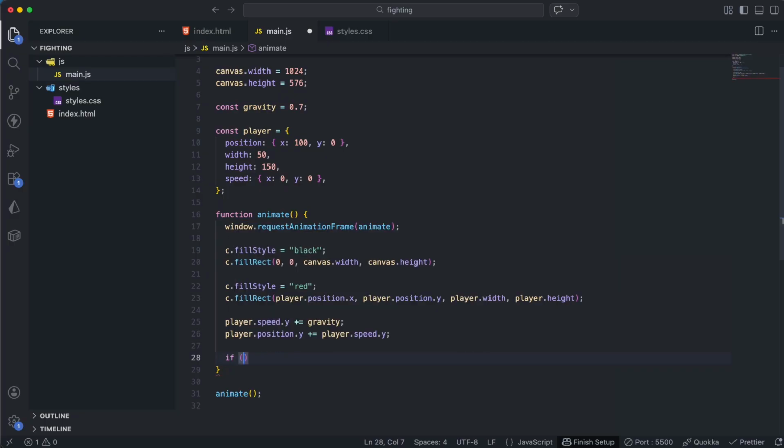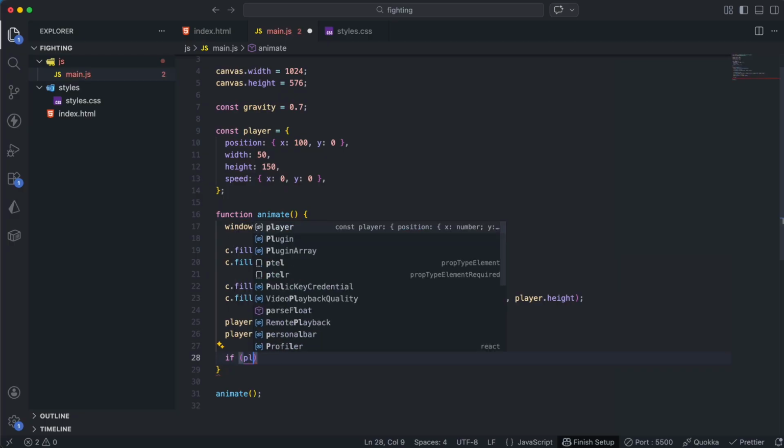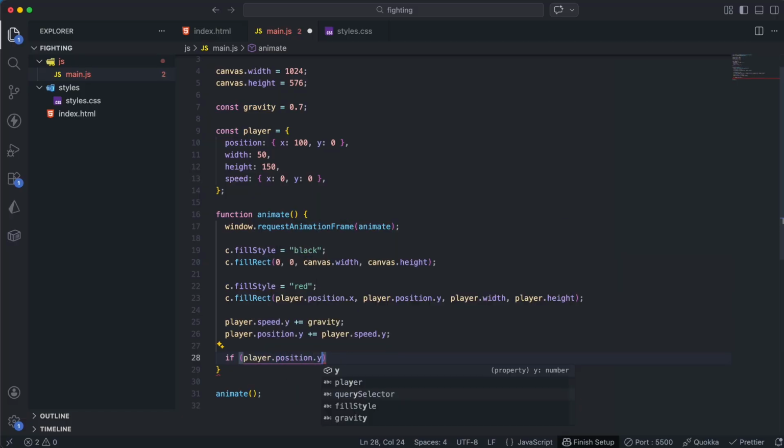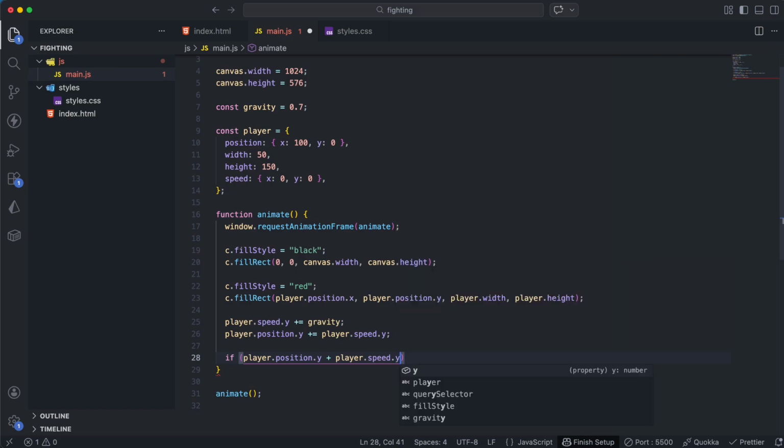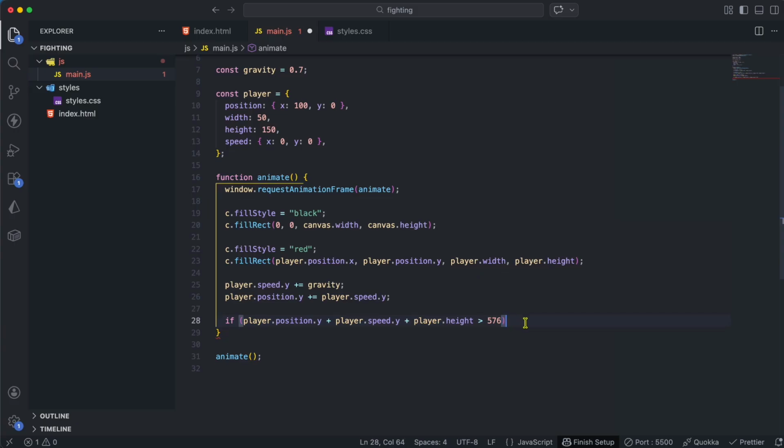Now I want the player to stop when he hits the bottom of the screen. So for example, if the player is here, then it's fine. I don't want to do anything. He can move downwards more. But if he is, for example, here, the thing that I want to do is to move him upwards. So basically pushing him to here and stop. So here we can say that if the position of the player, so let's say player.position.y plus its speed plus its height, let's say this is greater than 576, which is the height of the canvas. If this is the case,